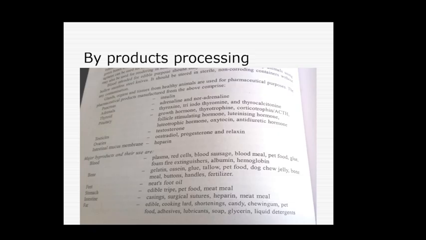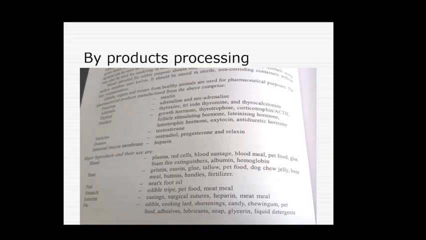Testicles, we have the testosterone; ovaries, estradiol, progesterone, and relaxin. Intestinal mucous membrane, this is very important. Heparin comes from intestinal mucous membrane. Then we have the major byproducts like blood. From blood, we can obtain the plasma, red cells, blood sausage, blood meal, pet food, glue, foam, fire extinguishers, albumin, and hemoglobin. From bone, we can have the gelatin, glue, tallow, pet food, dog chew jelly, bone meal, buttons,